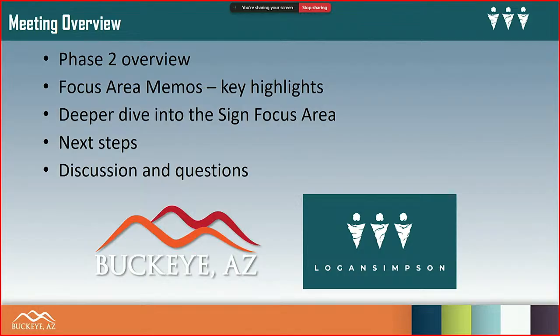So phase 1, pretty much all articles of the code were touched. Some of the main priorities were we created some new zoning districts. We renamed some zoning districts to be more consistent with the rest of the valley, so our formerly SF districts became R1 districts. The new districts were our industrial mixed-use district, or IMU, and then our SFF district. We created base districts out of our CMP and PADs, which were formerly overlay districts.